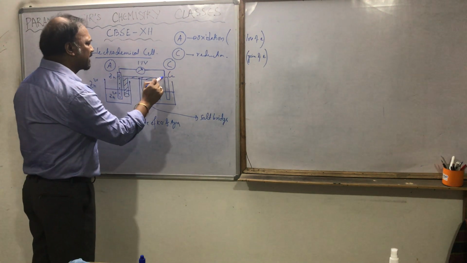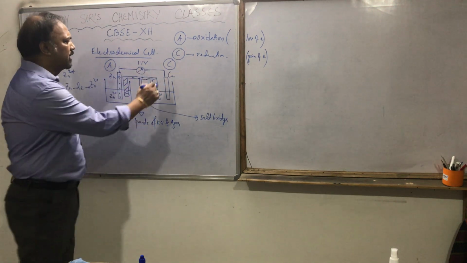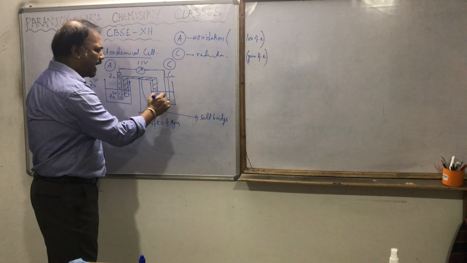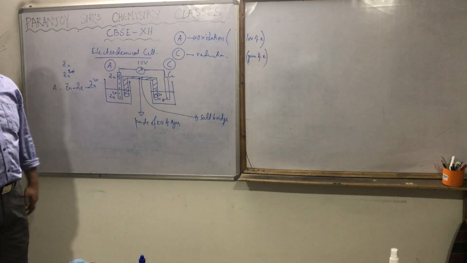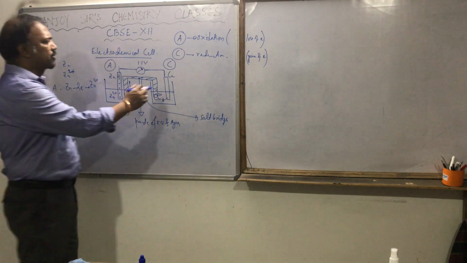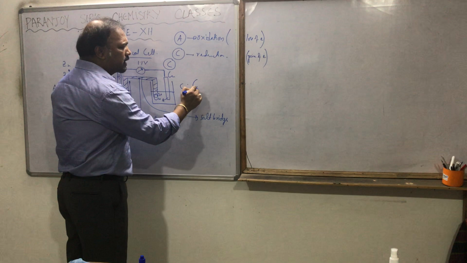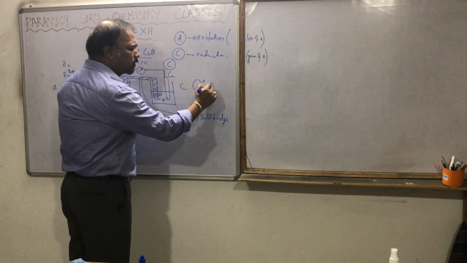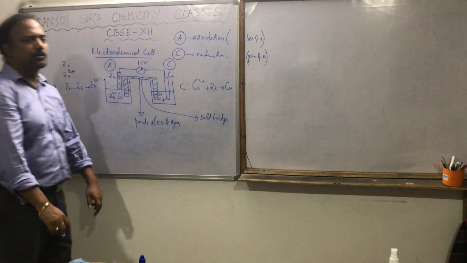That is electricity, right? Electricity is the flow of electrons. Now it has started flowing through the wire. It is coming through the copper wire and reaching here, and who is waiting here? Cu2+ is waiting for these electrons. So the reaction taking place at the cathode is what? Cu2+ will accept those two electrons and will become Cu.